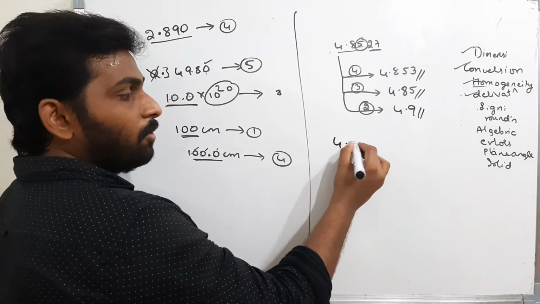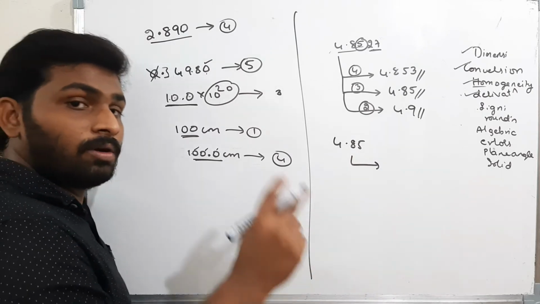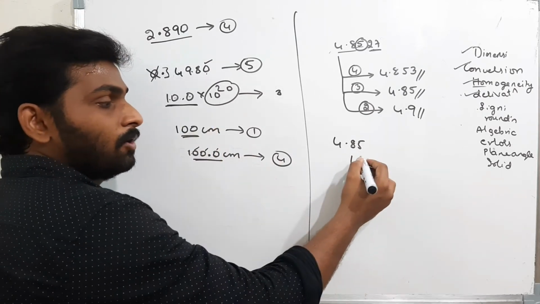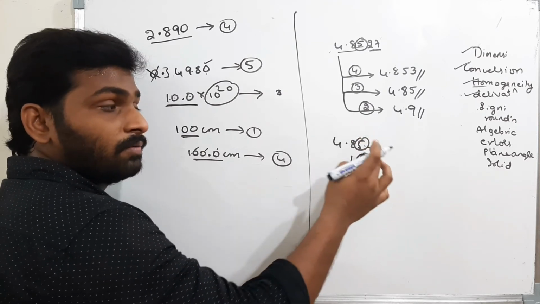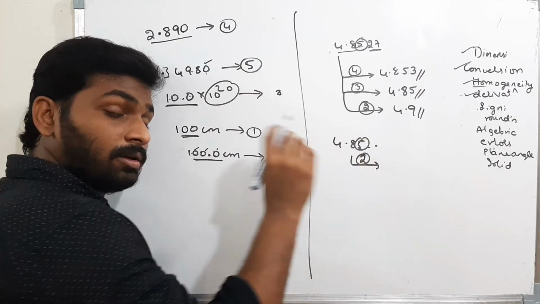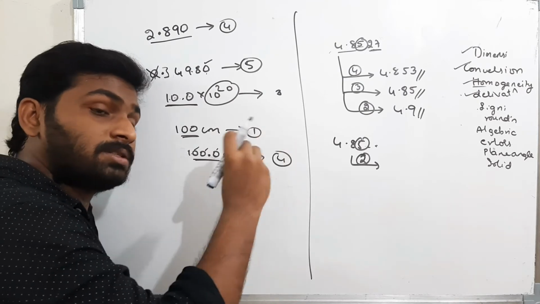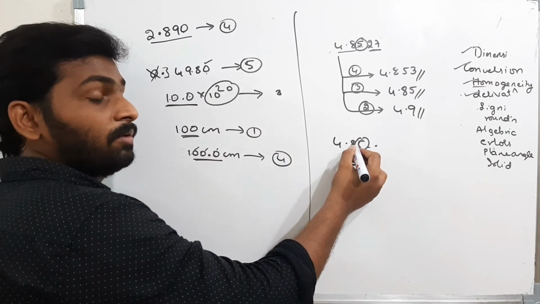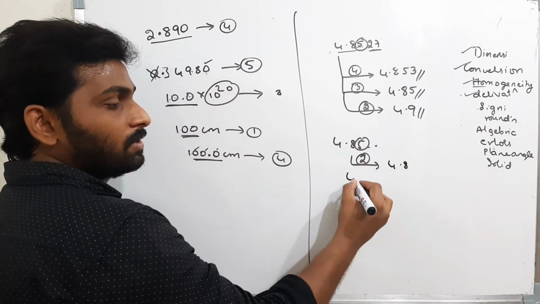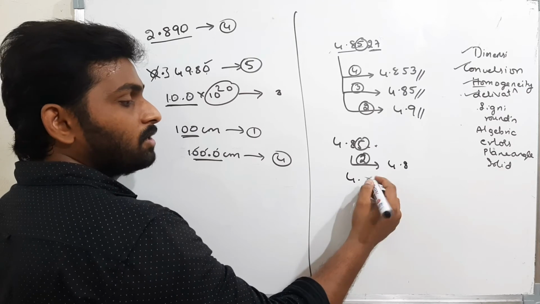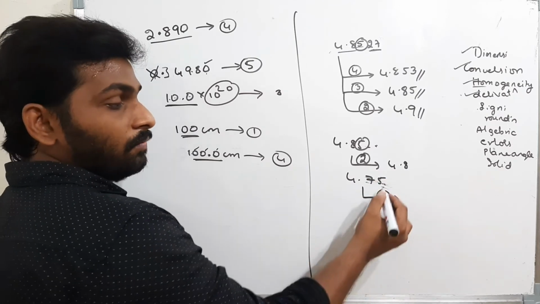If there is a value 4.85, and they told us to round off this one to 2 significant figures, I have to see 5. After 5, is anything following? There is no digit following 5. Therefore, I should see the second case. In that I have to see whether the before digit is even or odd. If the before digit is even, I should leave it as it is. Therefore, 4.8 is the answer. If it is 4.75, now say round off to 2 significant figures. 5.